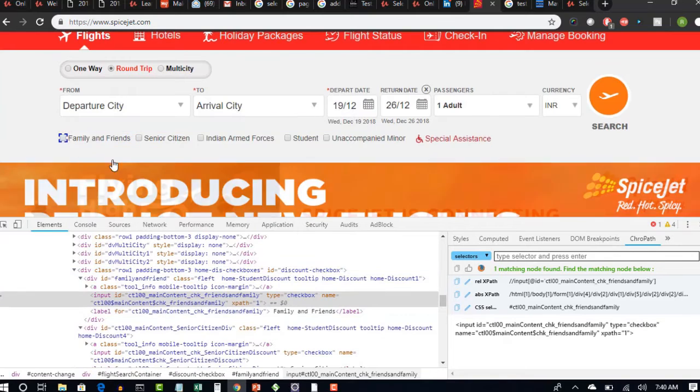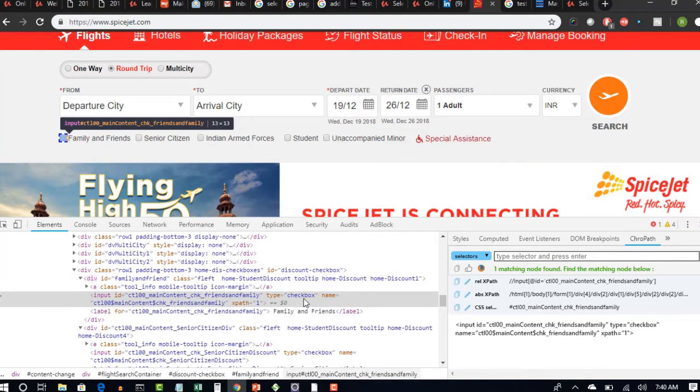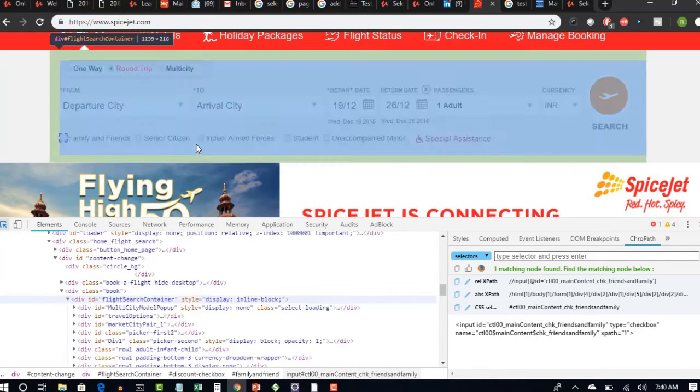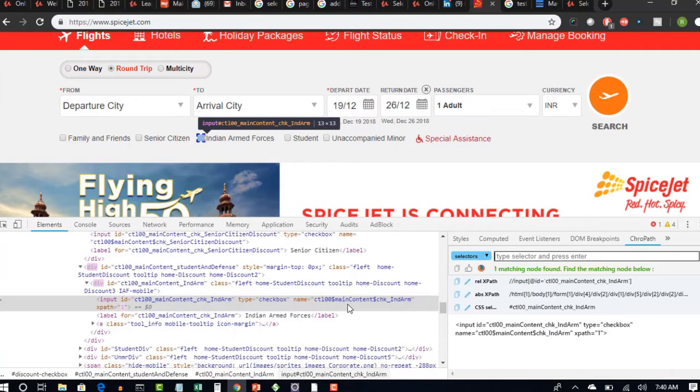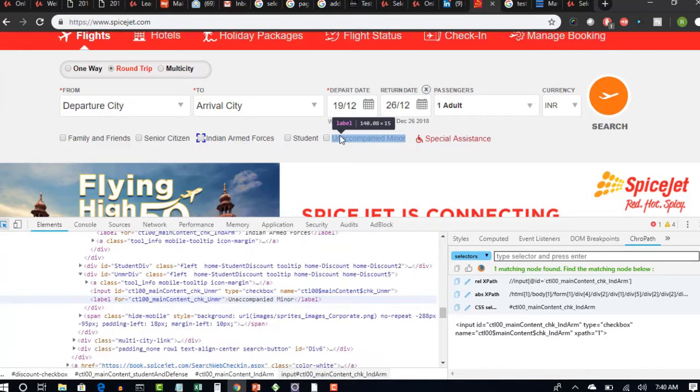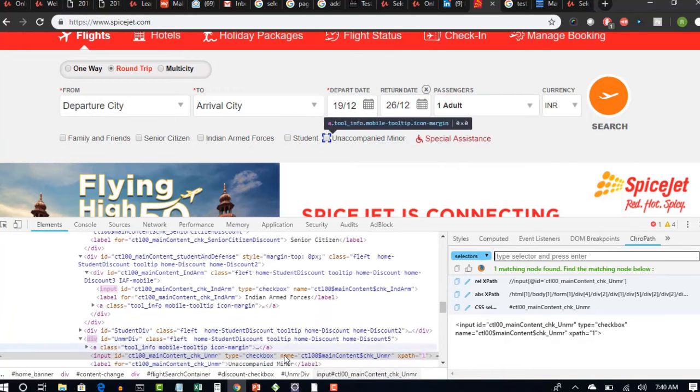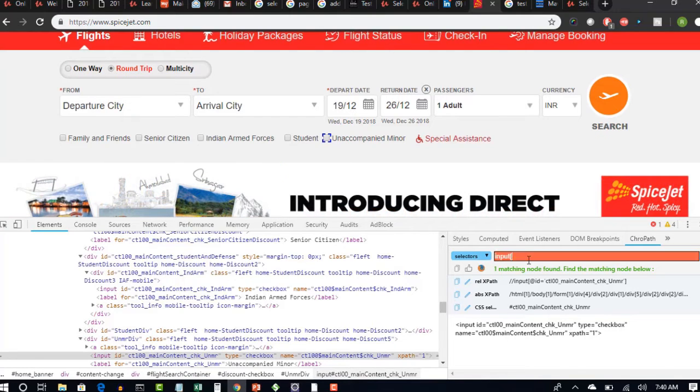You see that for this checkbox, type equals to checkbox, right? Select any other checkbox. Still type equals to checkbox. And this one, type equals to checkbox. So what I will do, I'll write one CSS, tag name with type equals to checkbox, right?